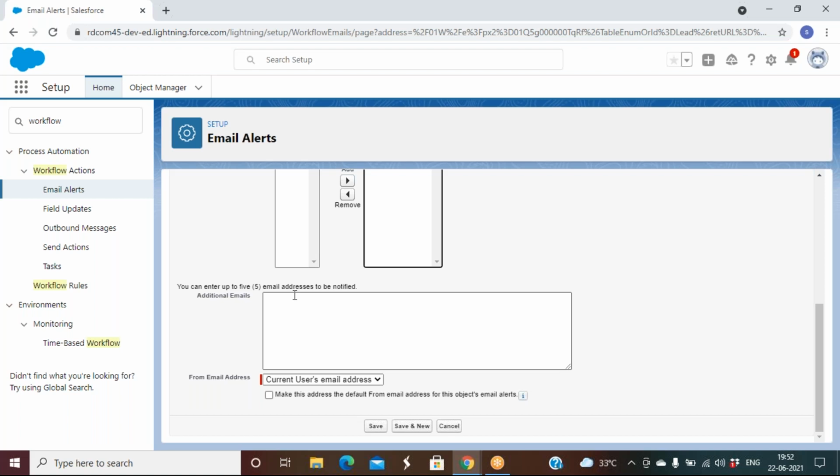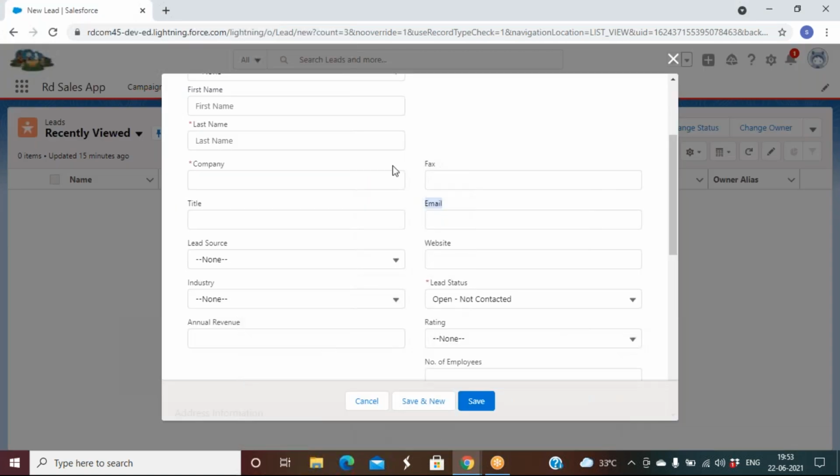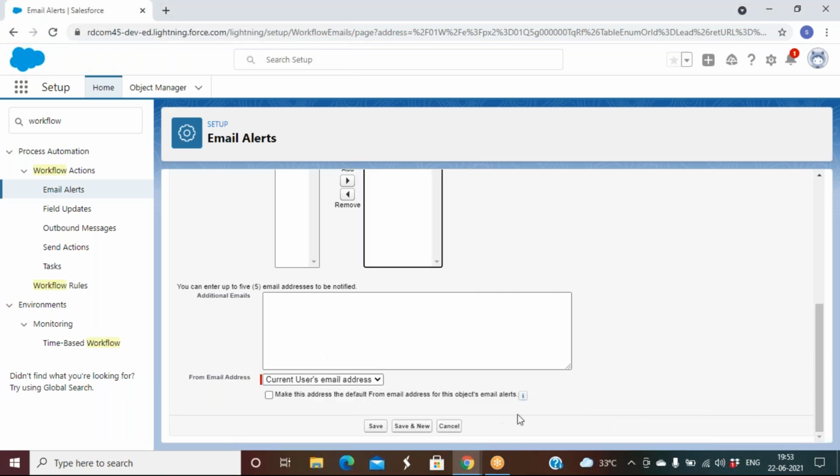And from which user's email will the email go? Whoever is creating a record. Every user is associated with one email ID, right? From that email, the email will go. Save.